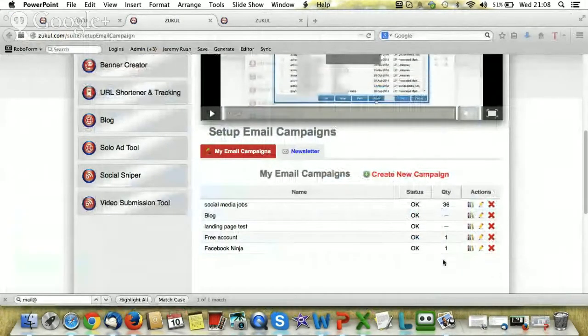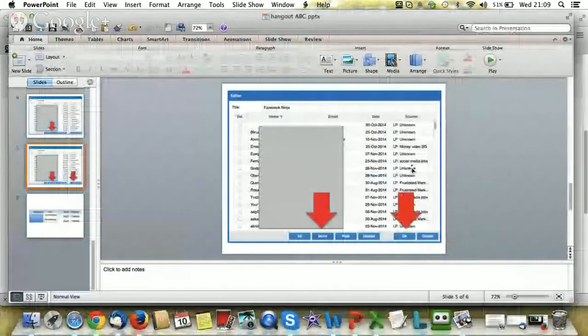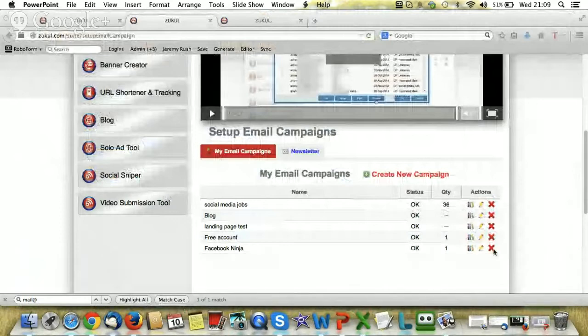Now, with the campaign, you've got these 3 books. I'll click that in a moment. That's to set up the actual emails that are going to go out to somebody that opts into your campaign. Then you've got this pencil. If I click that pencil, it'll bring you back to a screen like this one, so you can see what members are actually in the campaign, or you can add members that are already in your list. But for this, I've kept the campaign clean. And this big red cross on the end obviously deletes it. But what I'm going to do is click on the books,